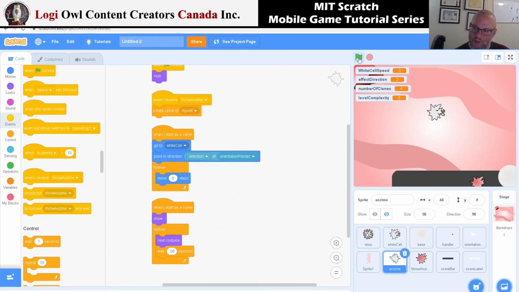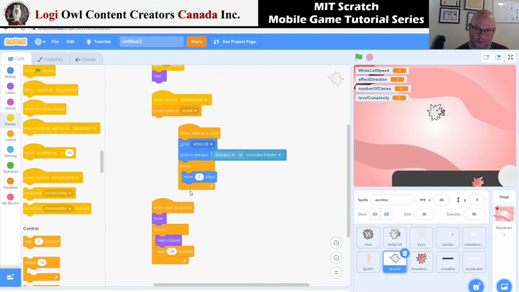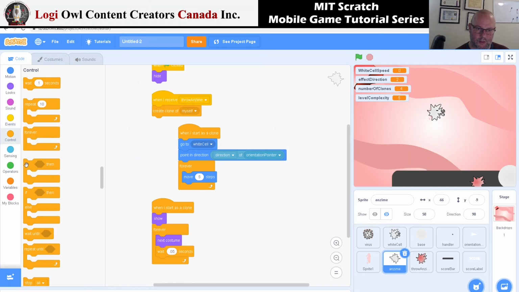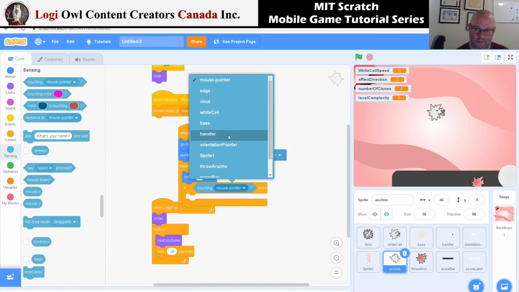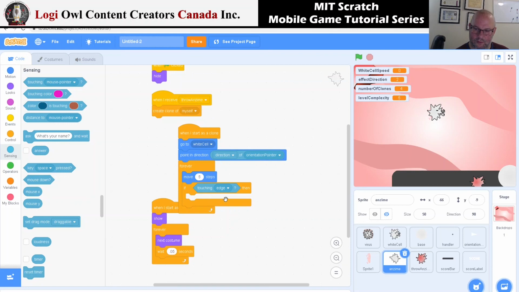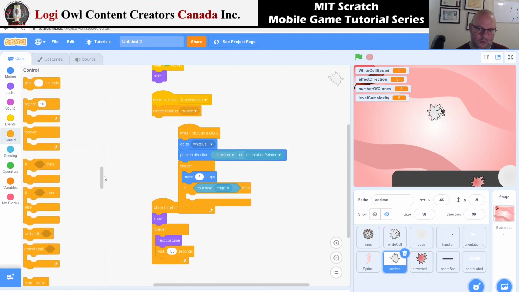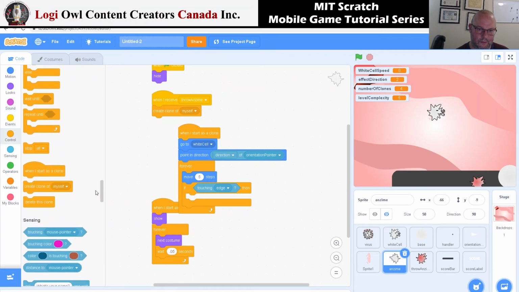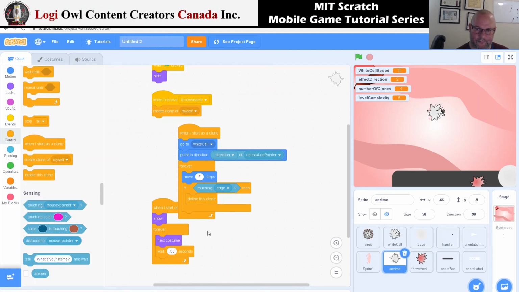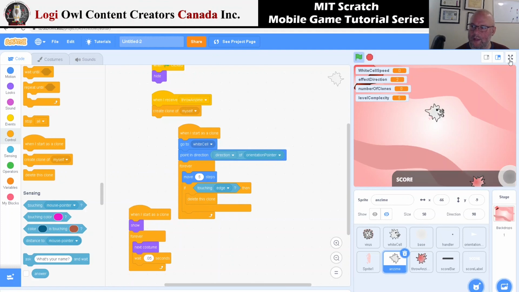Let's try to kill those that reach the sides. So when I start as a clone, forever, if touching, let's say here if touching edges, remove clone or delete clone. Okay, delete this clone. Okay, and now